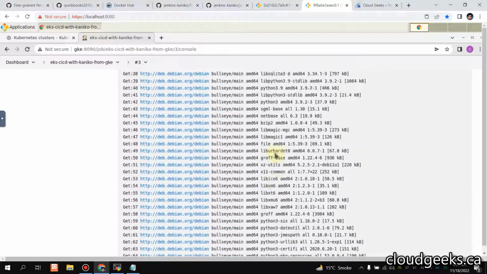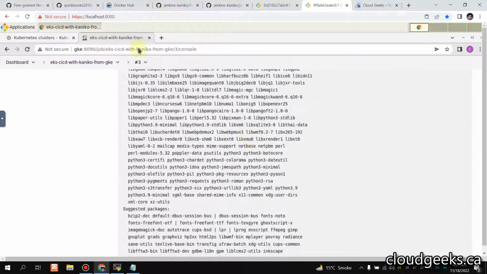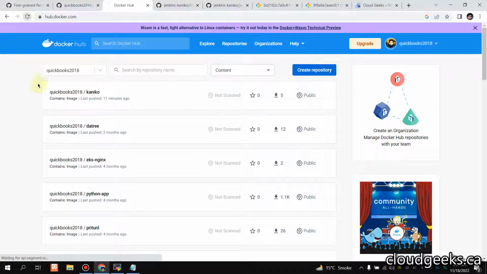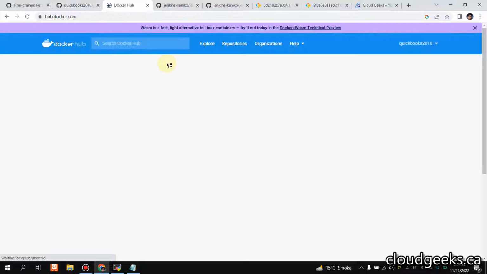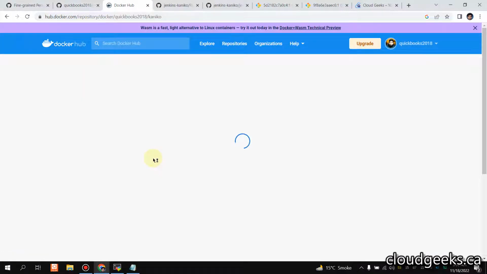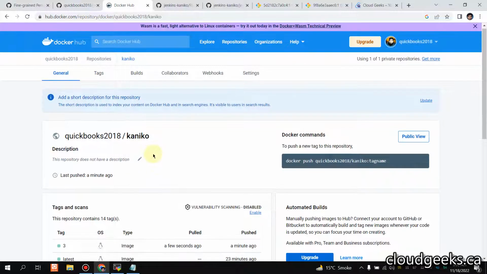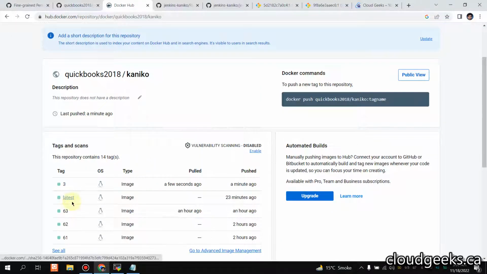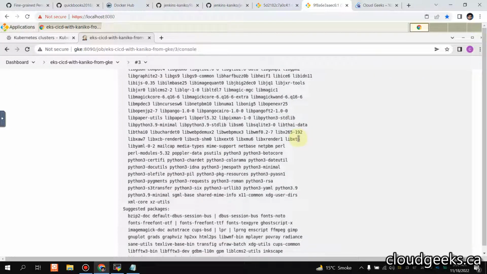So even from the Docker Hub, let me refresh it. So the latest tag, let me show you by clicking on that. So first of all, you see pushed a minute ago, but we should have a different tag. Like you see, changed from latest to tag 3, which is the number of our pipeline. So if I navigate to this section, you see